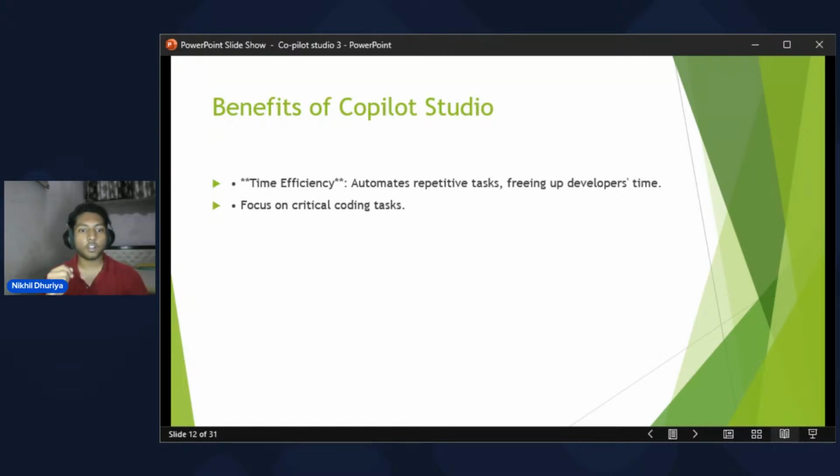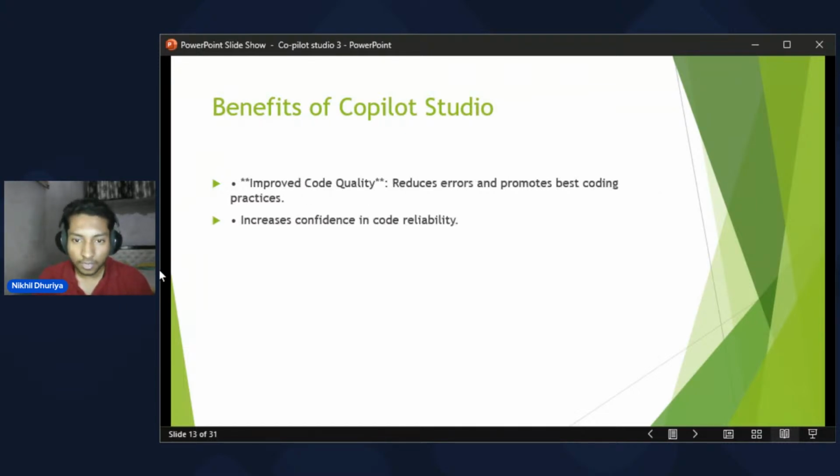With automatic code generation, developers can input natural language, the way we talk in our daily lives, as descriptions and receive accurate code snippets that we want to see. This feature drastically reduces the time spent on coding, particularly for repetitive tasks. And next,